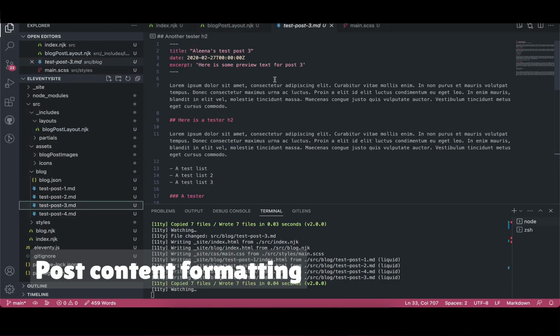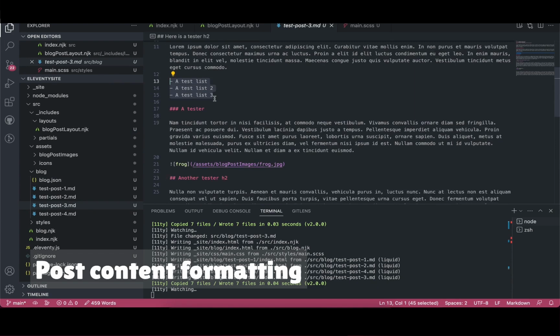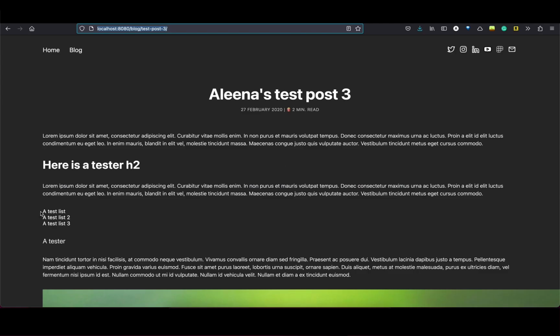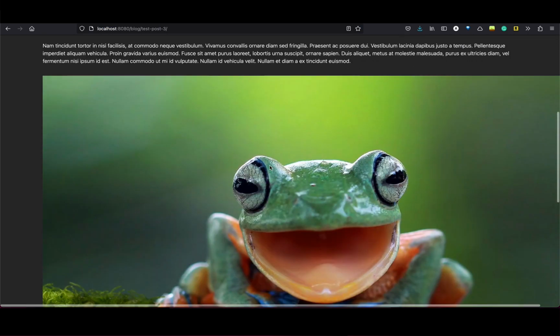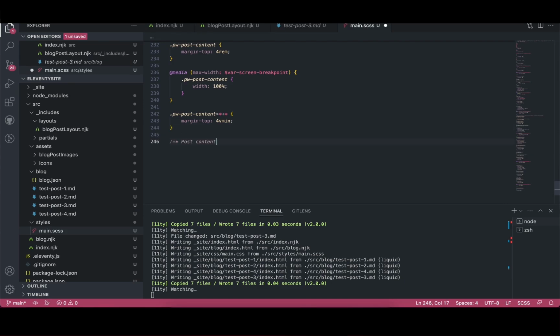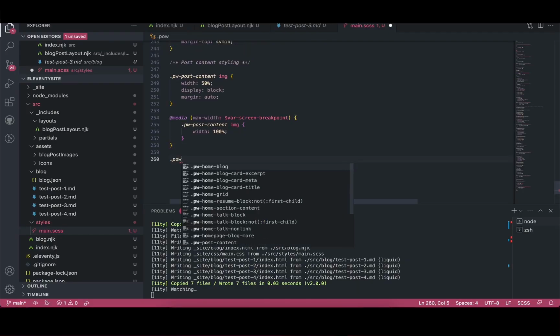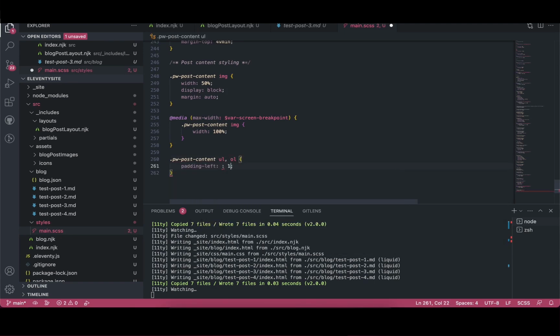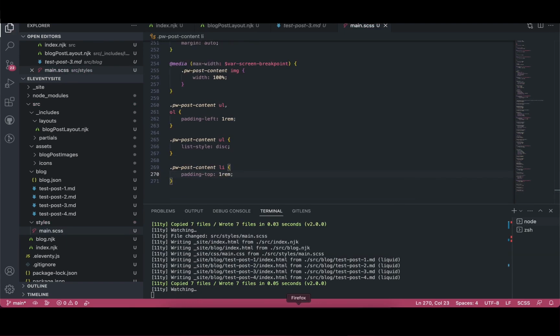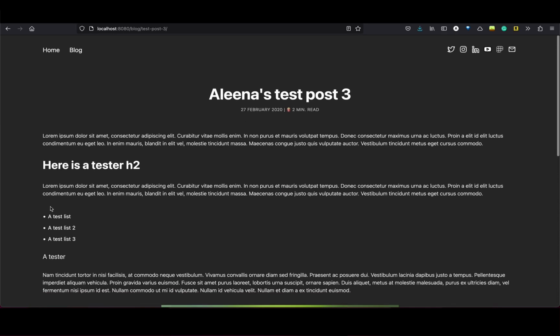Almost done, but I've just added a few things to check how they render. So I've added a list, an image, and some code. We can see that the list doesn't render very nicely, the image is too big, and the code isn't highlighted. So I'll just add some CSS in here so that it displays the picture as half width. Then I'll add some CSS to sort out list styling, so moving around the padding and adding the list style in for unordered lists, and then also adding spacing between each list item. And so if we look at the list now, we can see that it renders a bit nicer.